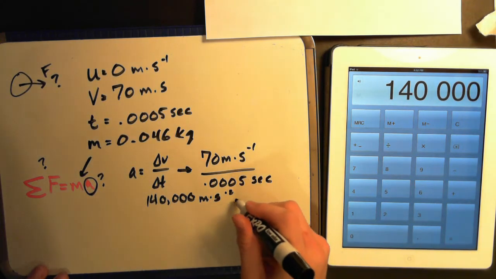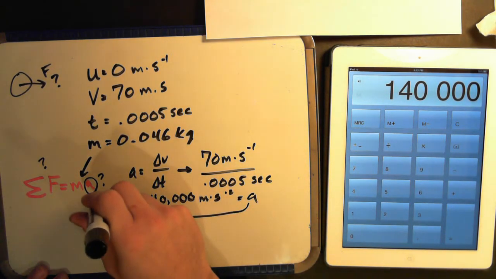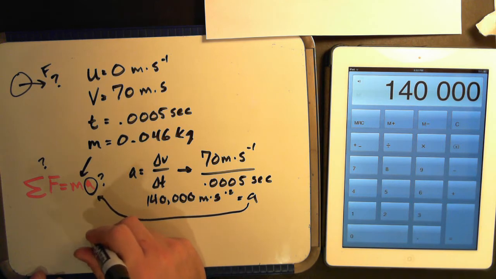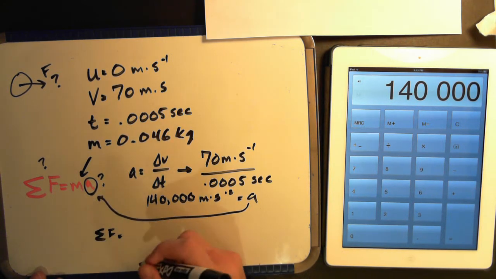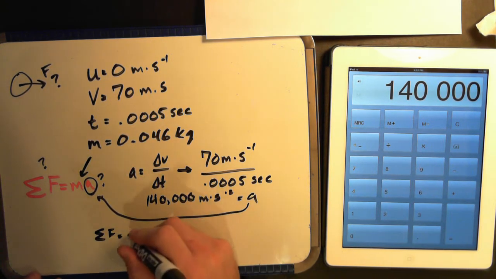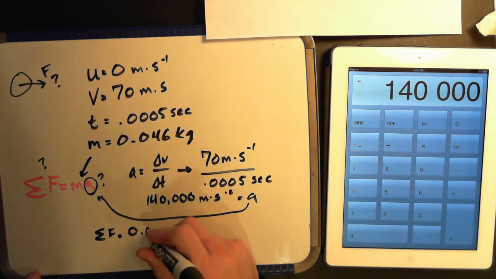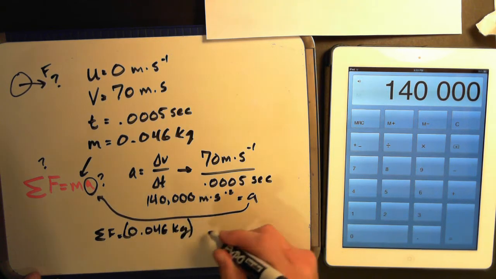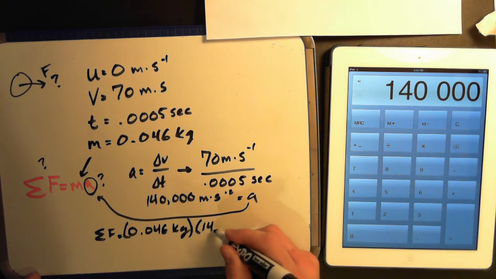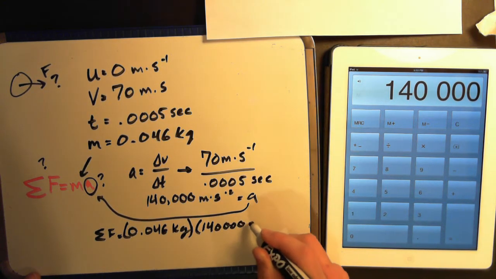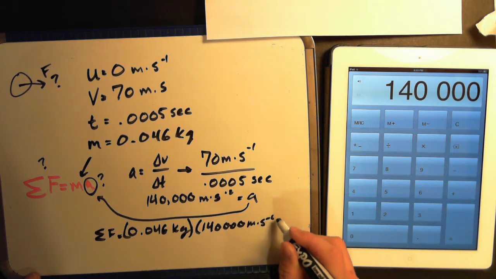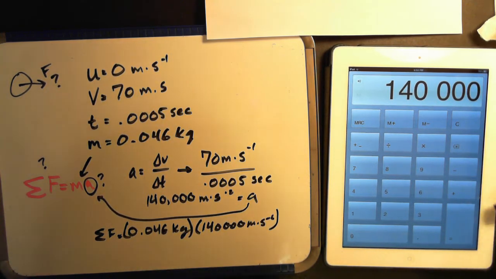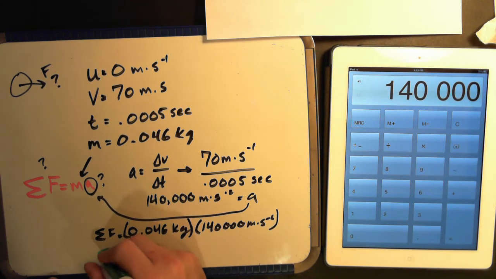And so with our acceleration, we can now put this in there, boom. And so the sum of our forces is going to equal the mass, which is 0.046 kilograms, times our acceleration, which is 140,000 meters per second squared. Alright, and so in green, let's put our answer. In green, our answer is,